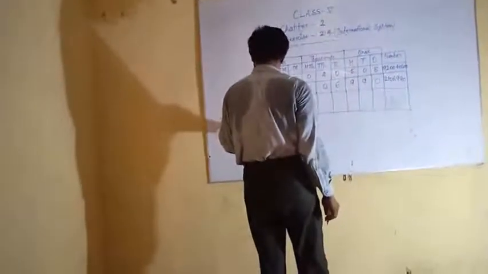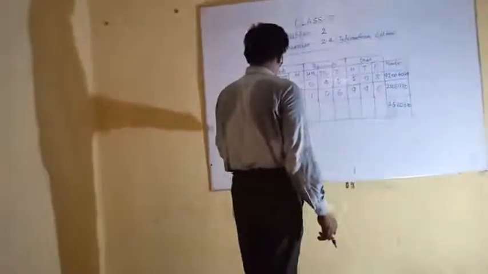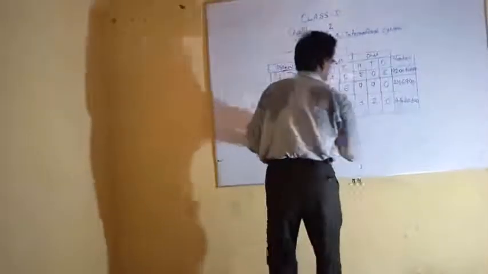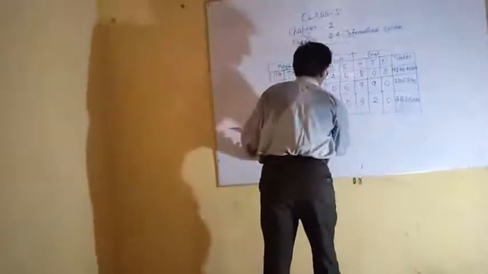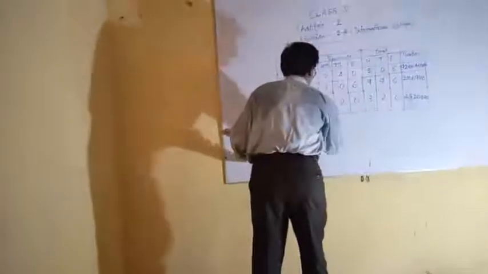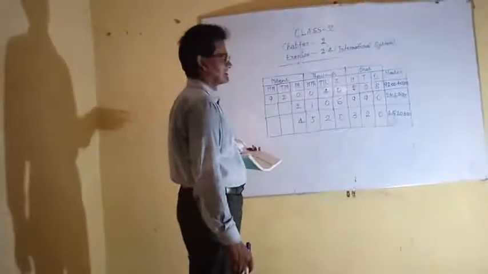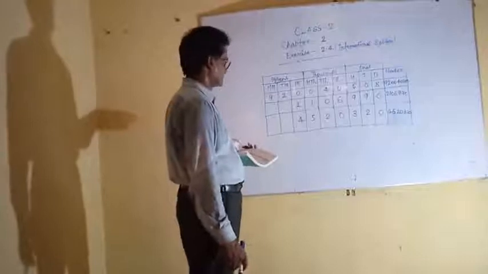There is a number 4520320. It can be written in international system as: in 0 place or 1 place it is your 0, in 10 place it is your 2, in 100 place it is your 3, in 1000 place it is your 0, in 10,000 place it is your 2, in 100,000 place it is your 5, and in million place it is your 4. ये इंटरनेशनल सिस्टम के अंडर में इसको हम इस तरह से लिख पाएंगे.